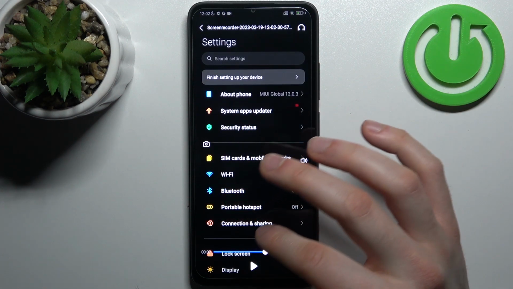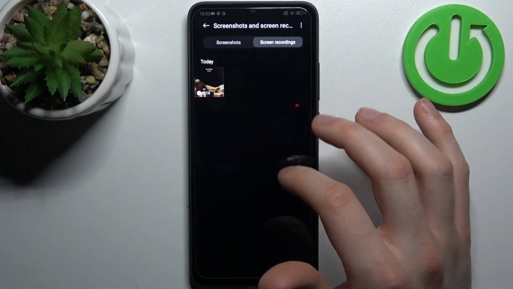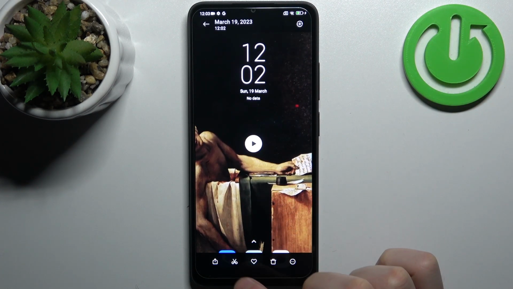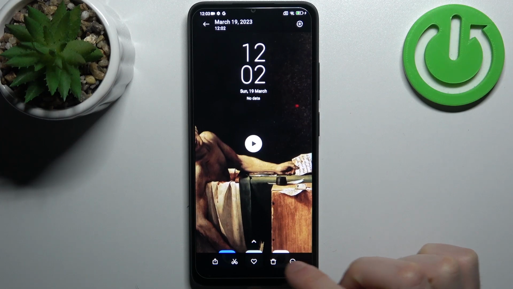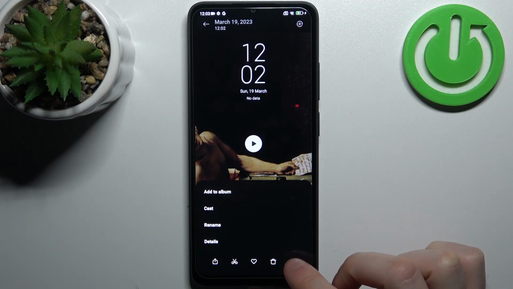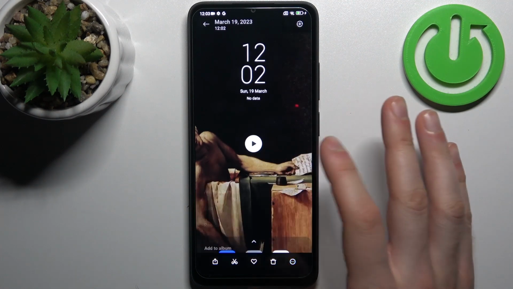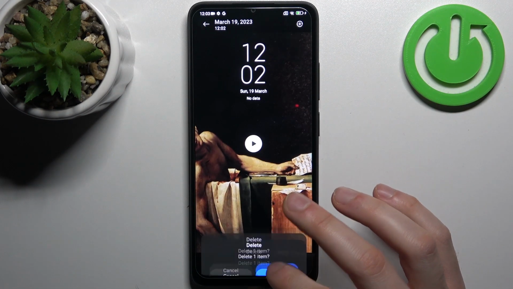In order to stop it, and from here you can share, you can edit, you can favorite, delete your recording, also add to album, cast, rename, and see its details. So yeah,